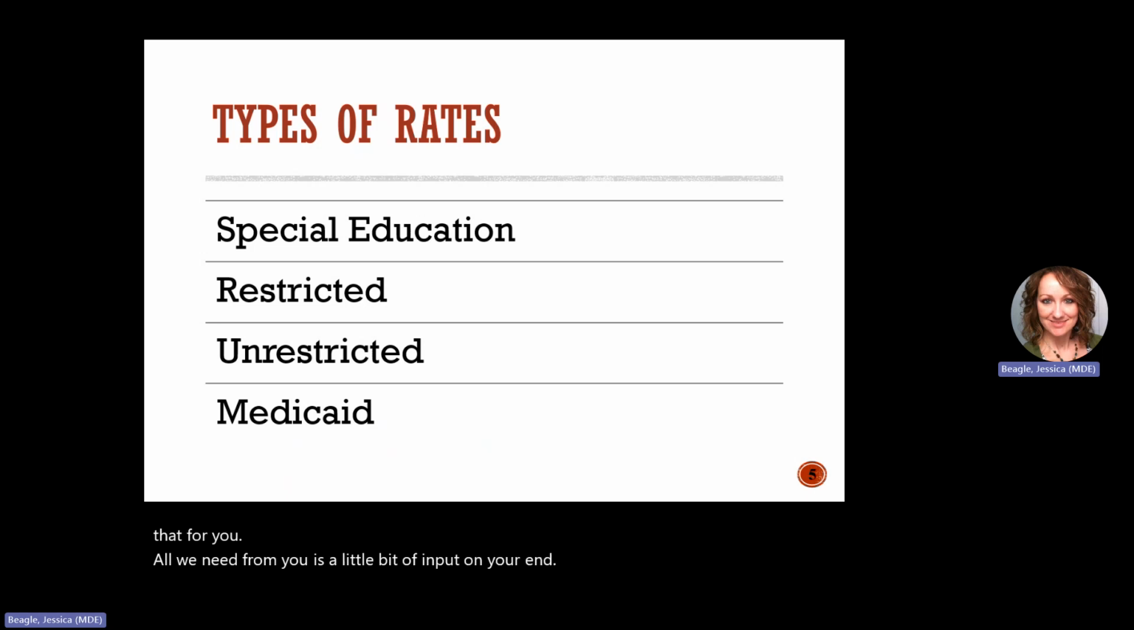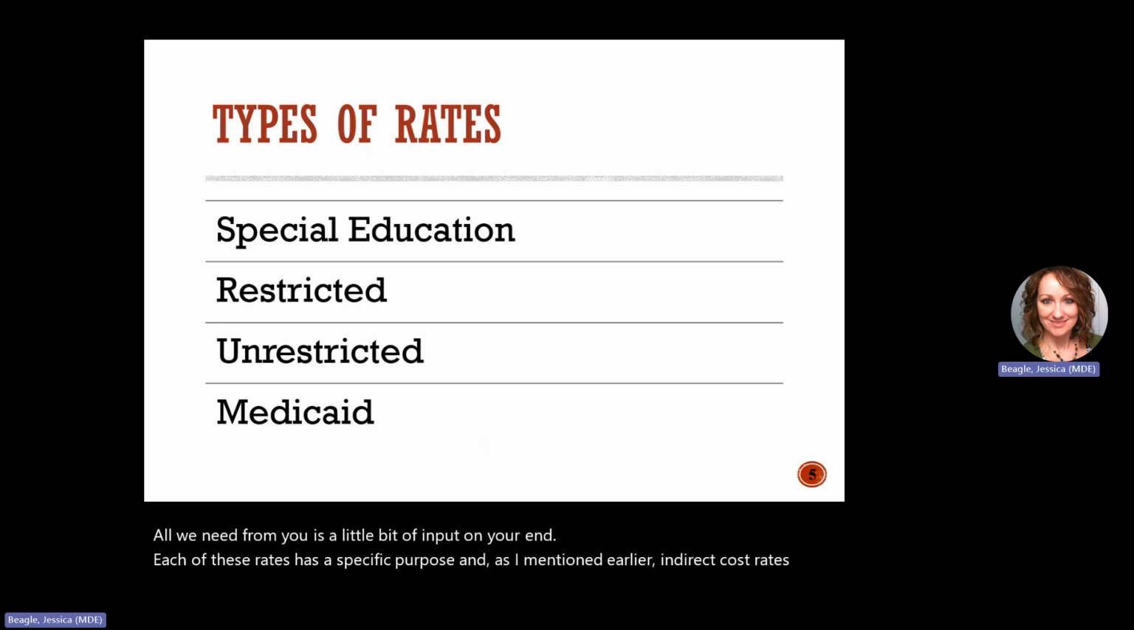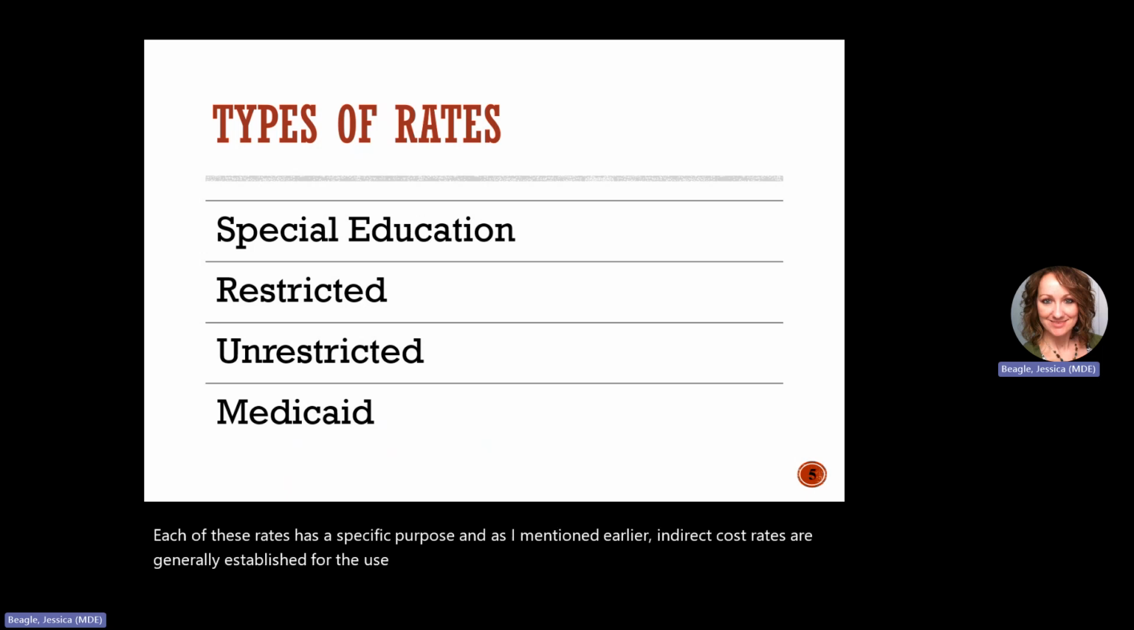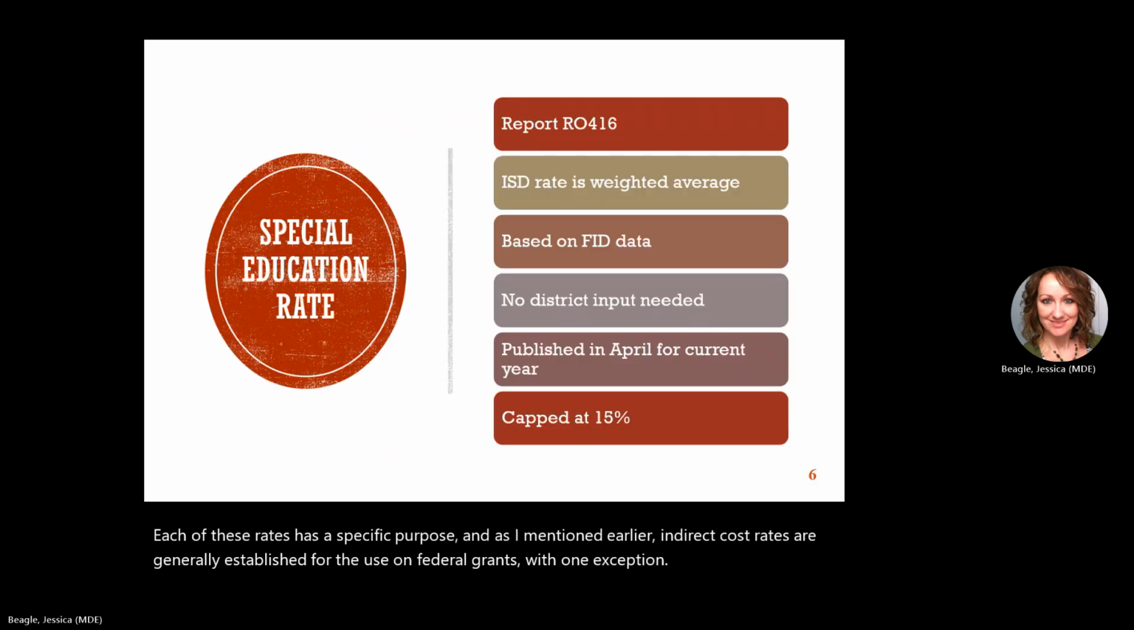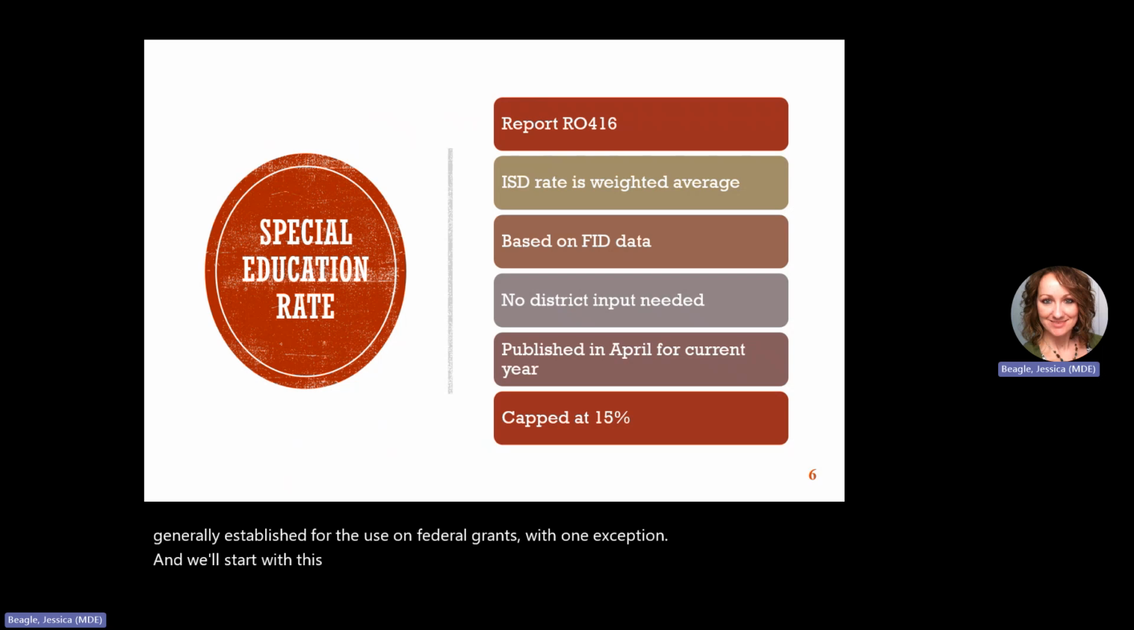Each of these rates has a specific purpose. And as I mentioned earlier, indirect cost rates are generally established for use on federal grants, with one exception. We'll start with this exception, the special education rate, which is developed specifically for the state of Michigan special education grants. According to Section 51A, MCL